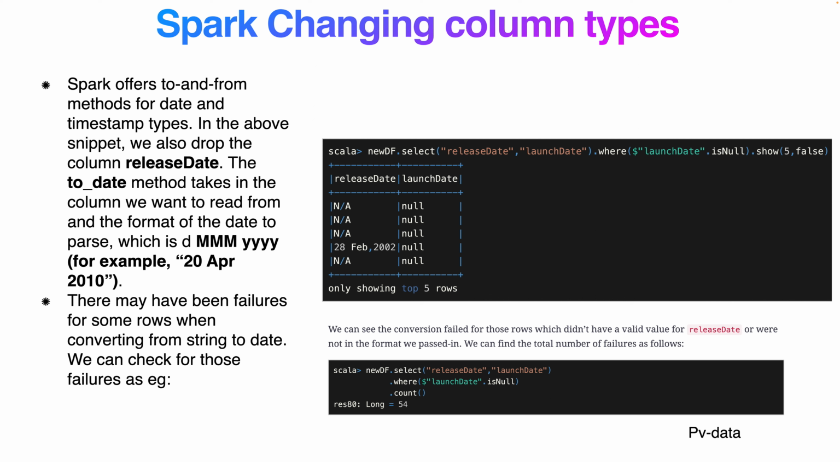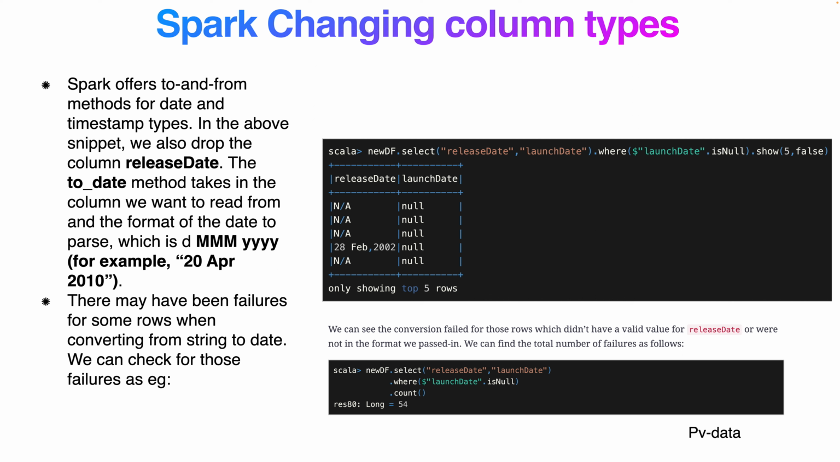In the snippet, we can see the dropped column. Previously the release date column was dropped; the to_date method takes the column we want to read from and the format. There have been failures in some of the rows when converting string to date. If it's not able to convert, it will make the value null. So we are going to see the data where it fails. Previously I dropped the column, but in this other example I didn't drop it. So the column name is release date,